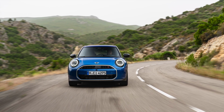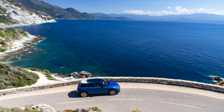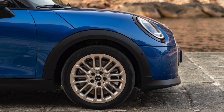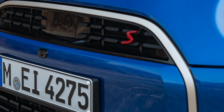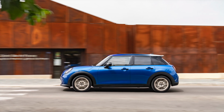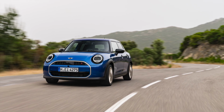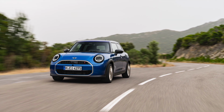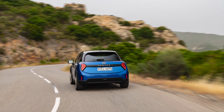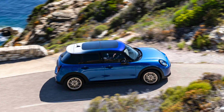Thanks to 12 ultrasonic sensors and 4 surround view cameras, Parking Assistant Plus can identify parking spaces more precisely and independently initiate space-restricted parking processes. Mini Digital Key Plus turns the smartphone into a key. As soon as the driver is within 3 meters of the vehicle, the welcome projections of the front and rear lights start, and the doors open at a distance of less than 1.5 meters. The digital key can be transferred to various users and replaces the transfer of the classic vehicle key for easier car sharing. Expect to see the Mini 5-door on sale in the United States later this year,